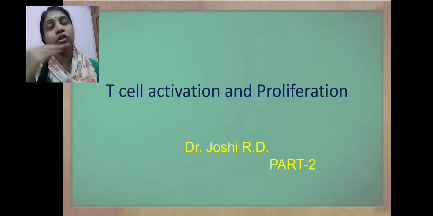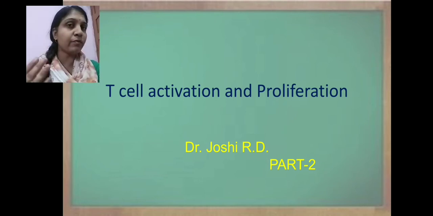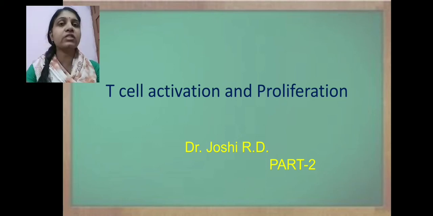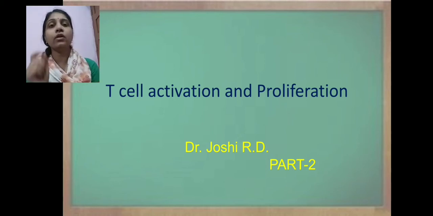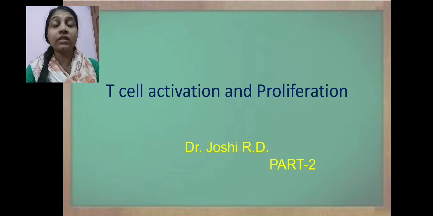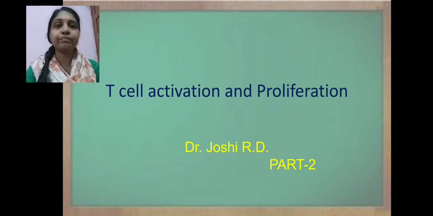This variable region is responsible for interacting with the antigen, and it changes along with the change in the antigen molecule. That means each time another type of antigen comes, there is a change in the amino acid sequence within the variable region of this T cell receptor. Majorly, at the level of this T cell receptor, these modifications are carried out at the genetic level.